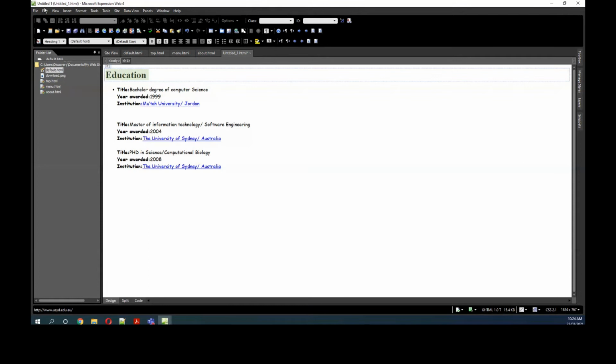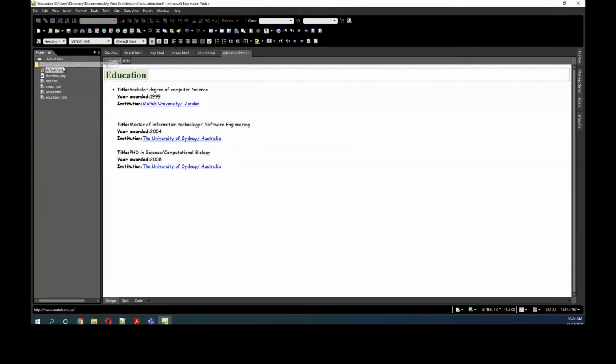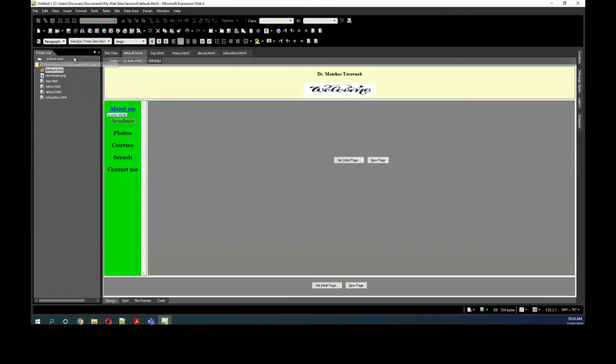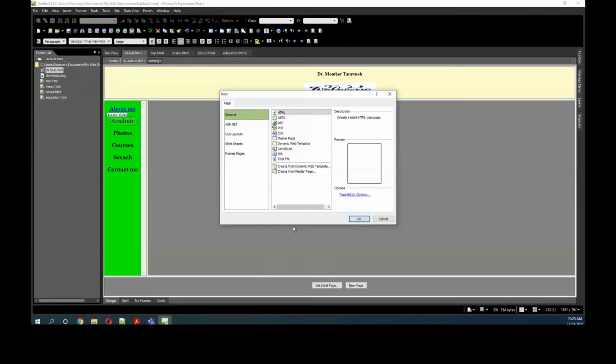I'm gonna save it as academic or education. Let's keep it as education. Save, and I'm gonna create another page for photos, for example. So here, how to create a photo gallery. Okay, this is a very simple one. Remember this one. You can say file, new, and you say page, and then after that you can say